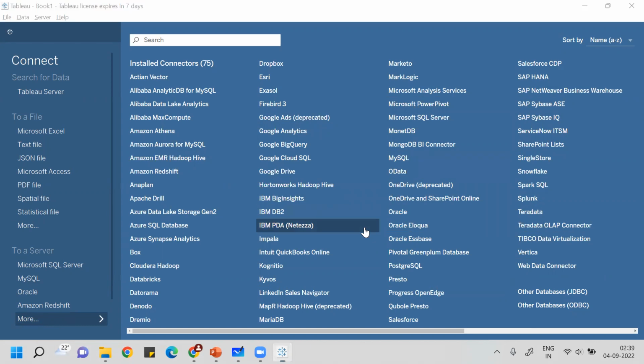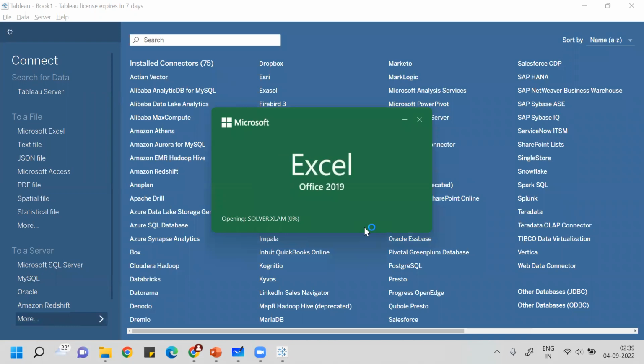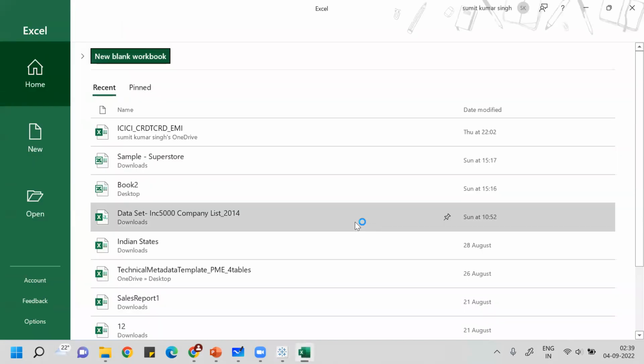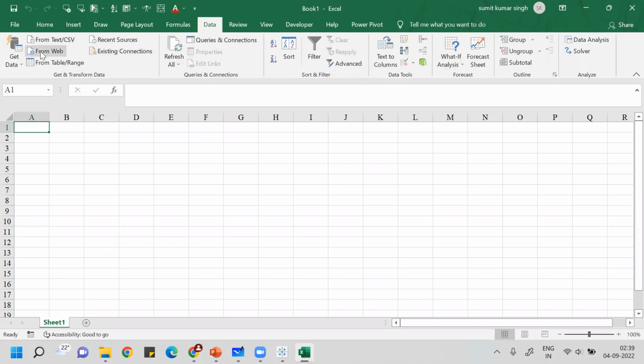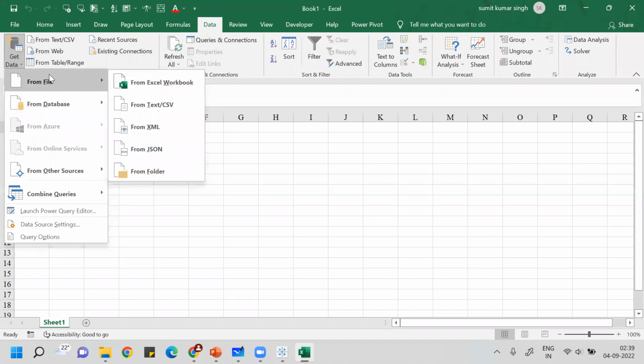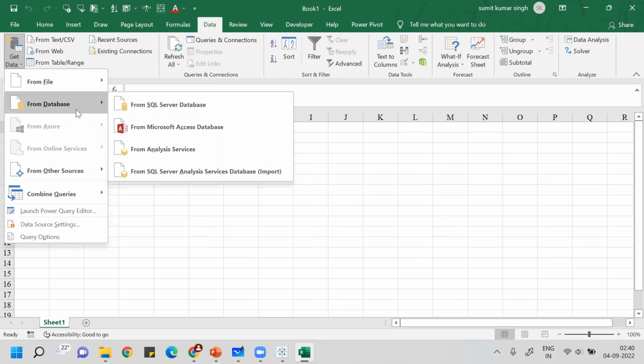If I compare the same thing with MS Excel, how many data sources are there from where we can pull the data? More or less, MS Excel can connect with very limited tools. If I go to Data here, you can see I can get the data from limited sources, either from some CSV file, or maybe from Azure, or from some database system like Oracle, or one or two others that may help us get the data, or SQL.